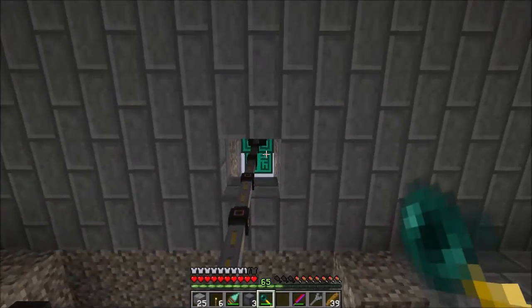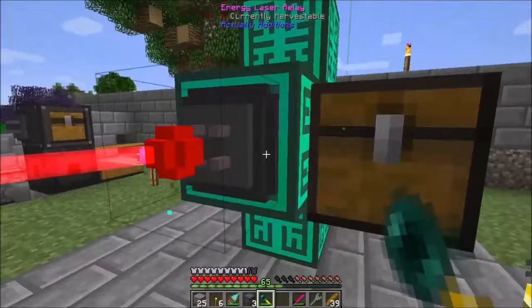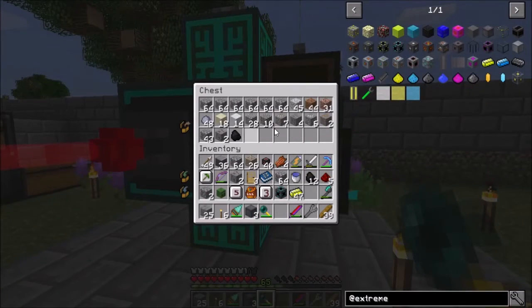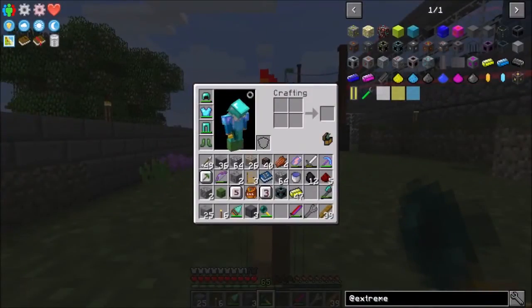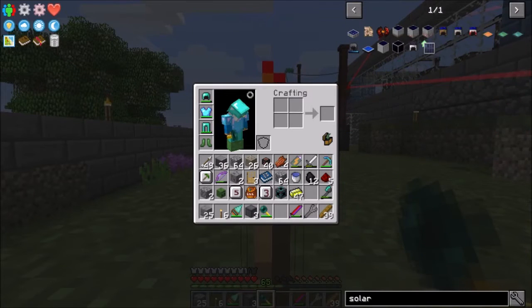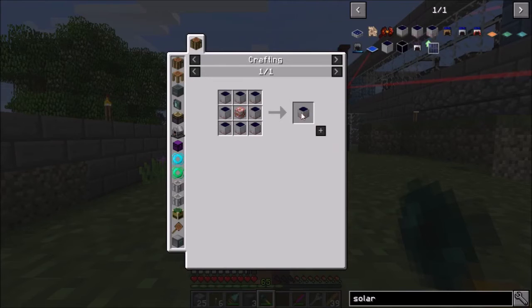I do need to check and see if this thing can actually get yellowite, because that's going to be important. I need to have a line of yellowite coming in so I can turn it into yellorium. Otherwise, I'm going to run out of power really quickly. Or I can go solar panels. That was the other option I was thinking about. So there are some solar panels. There's compact solar arrays